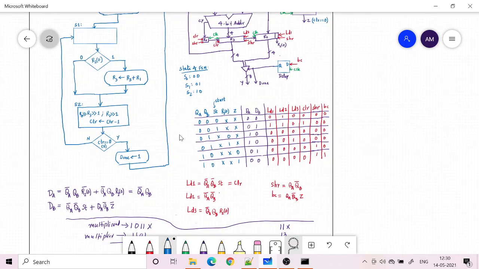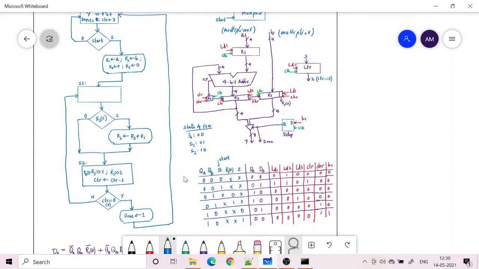And the control signals, what are the control signals I require? I need to load R1 and R2, so for that I use LD1, and then I need to clear R3 and R0, so for that my clear signal, and LD2 is to load the counter with 3, and then shift right operation.